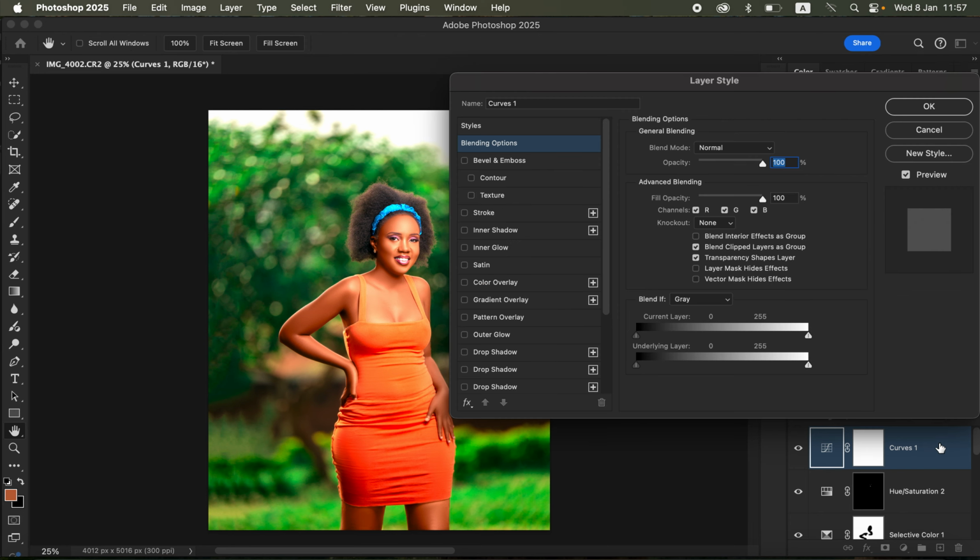Then double click on this curves layer, open up the layer style dialog box and come to blend if and make sure it is set to gray. Come to underlying layer and take the effect from affecting the shadows, drag it up and stop at the point whereby only the highlights in this very photo or in her skin are the ones being affected. Then hold down the option key or the alt key on the keyboard and left click on this right hand pointer and split so that the effect can blend better into her skin,